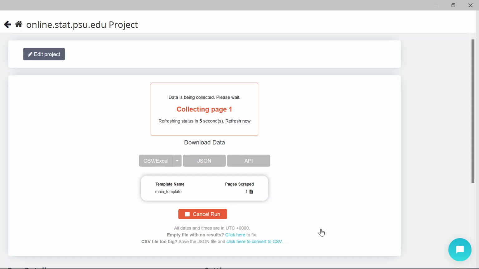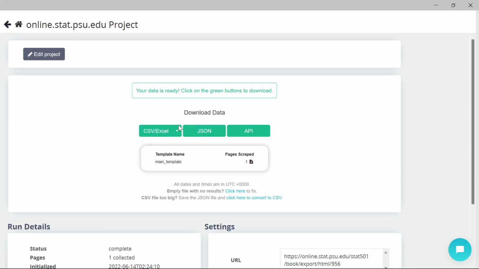And then this should just be loading. Alright, and now it's ready, so I'm just gonna click on CSV